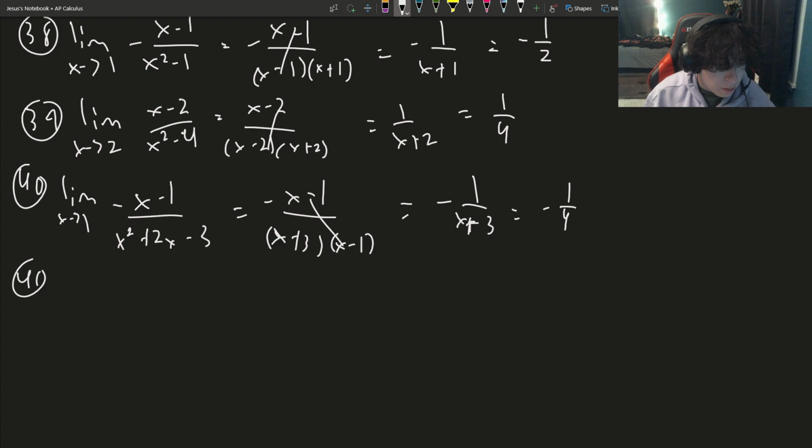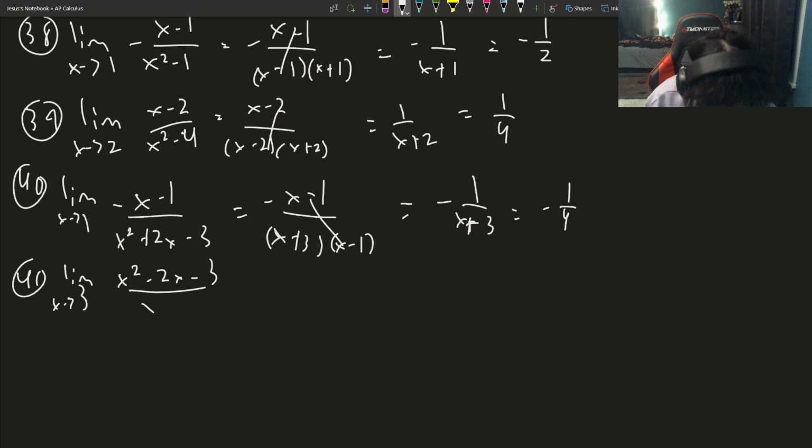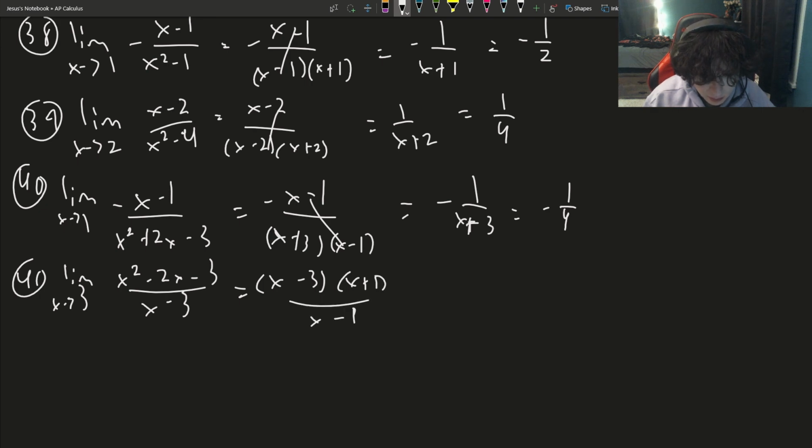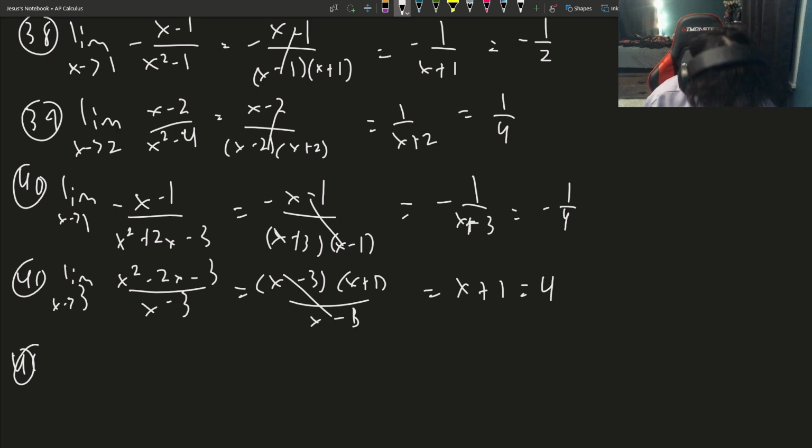Then 41. You're going to have the limit as x approaches 3 of x squared minus 2x minus 3 over x minus 3. Just factor the top into this over x minus 3. Those cancel out. Just have x plus 1. Plug in 3 and you get 4. And you get 41, which is,